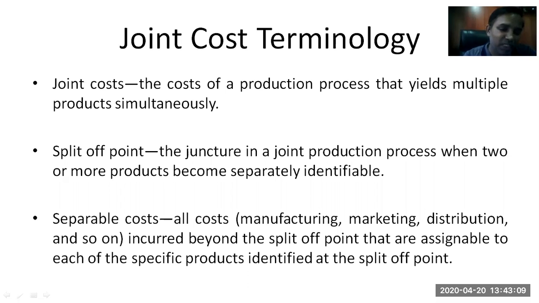That means from that point, crude oil will give you petrol and diesel and any other product that is being produced with the help of that crude. So that is known as a split off point, a point from where you are able to produce more than one product from the same single input. It becomes the split off point.